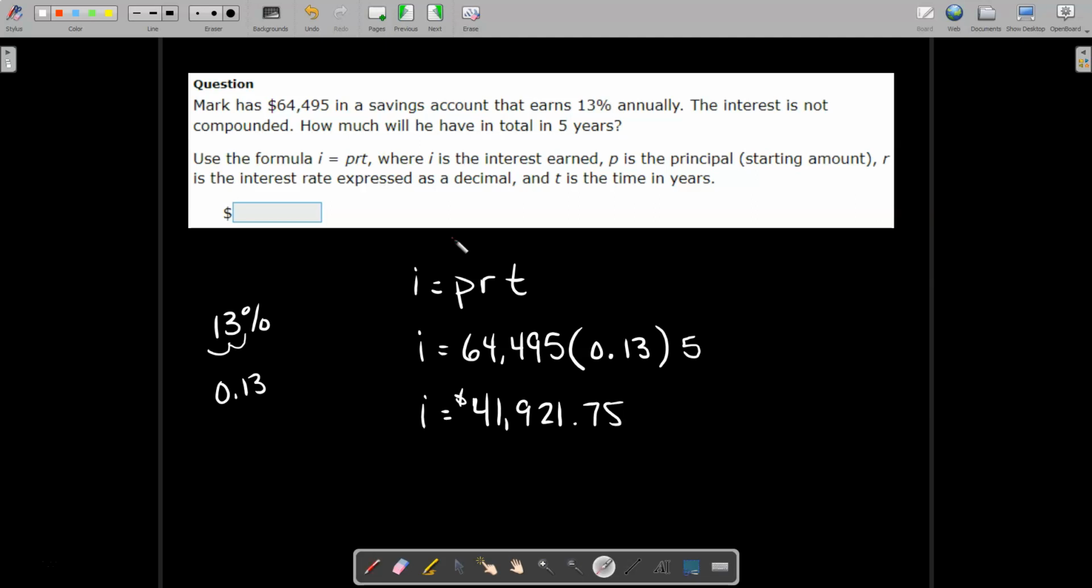But notice, be careful, how much will he have total in 5 years? $41,921.75 is just the interest. He still has the principal here. That's still Mark's money. So how much does he have in all? Well, we should realize that he has his principal already there, plus he has his interest, and that would equal his, and I better write total, I guess, since we're using T for time. So principal plus the interest would be the total. So let's add those together,